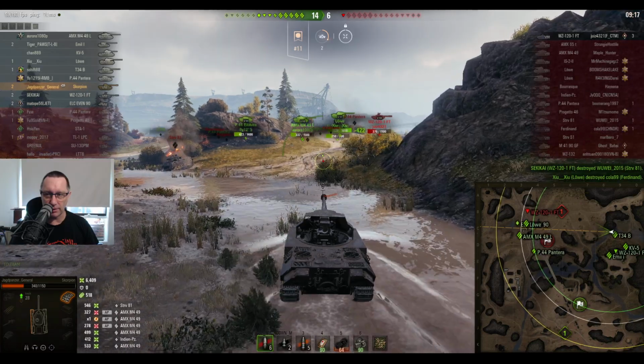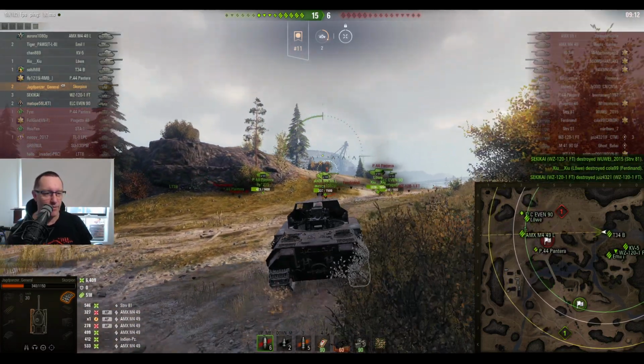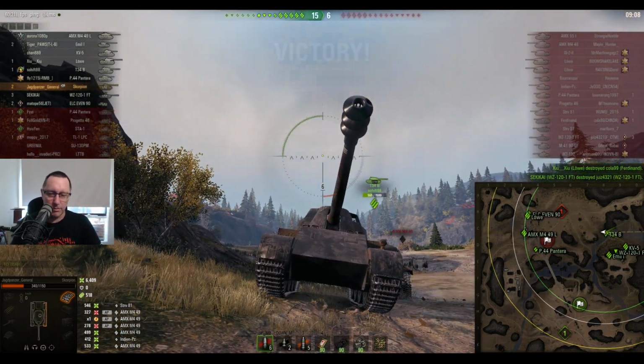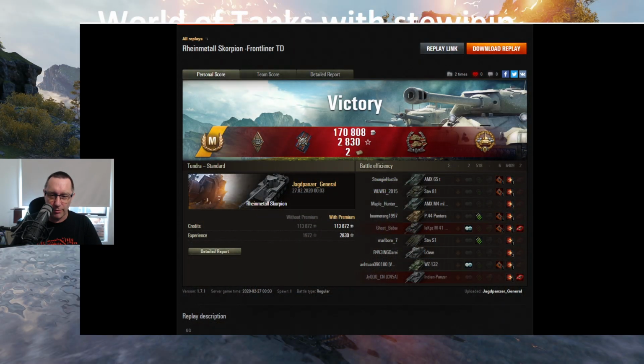That just leaves 2 tank destroyers. The WZ and the 30. The 30 goes down. WZ goes down. 15-6. 2 kills. 6.5k. No problems whatsoever. Let's have a look at this result before we move on to our 4th and final replay in today's